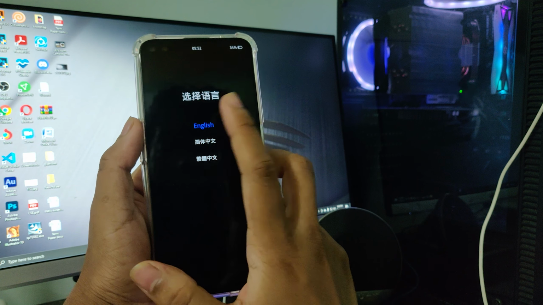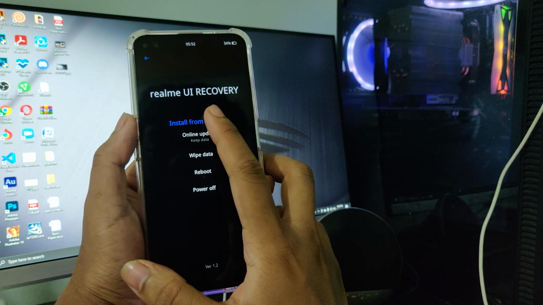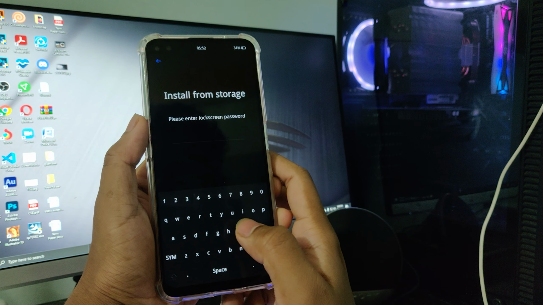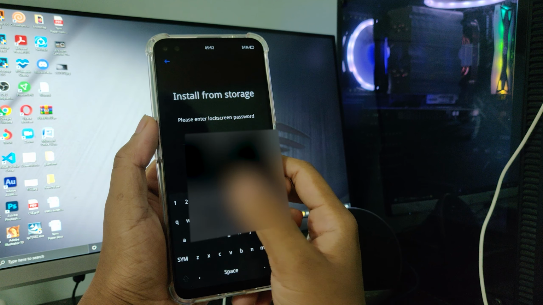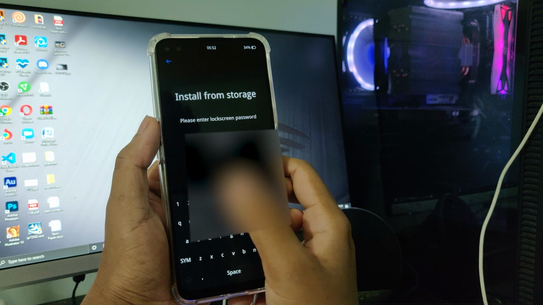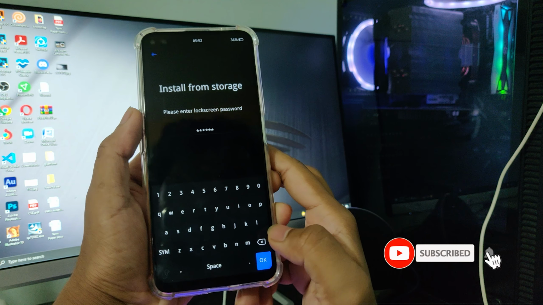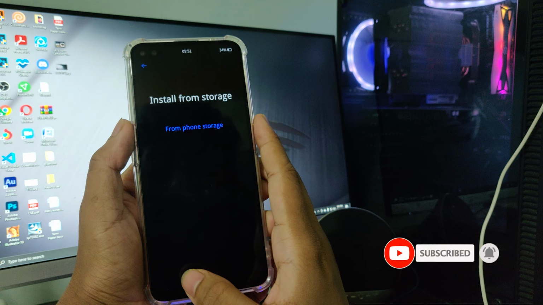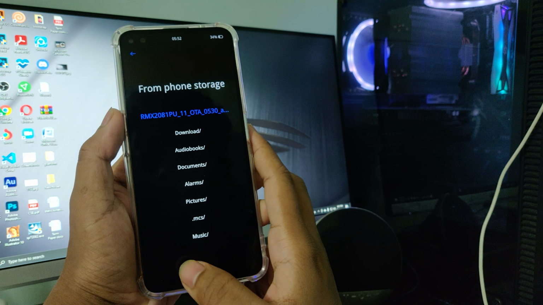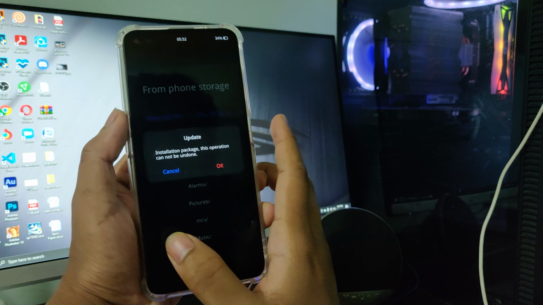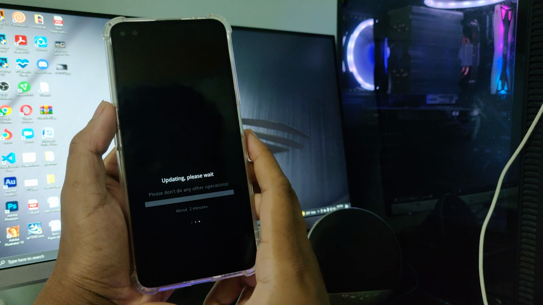After that, tap on English, then install from internal storage. If you set any password on your device, then type the password. Then click from phone storage. Here you can see the A53 OZIP file is showing. Click the file and press OK.